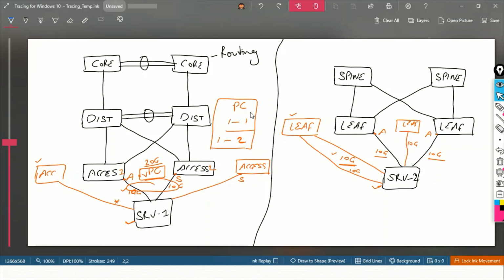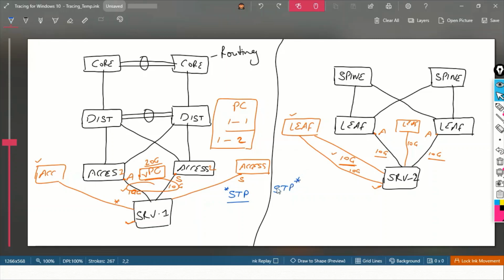Right. So, as you said, STP is running over here as well, and STP is running in 3-tier architecture as well, on top of it. We do not have anything running on this STP protocol in 3-tier architecture, but here in 2-tier architecture, spine and leaf, they cannot disable it, which is not possible.